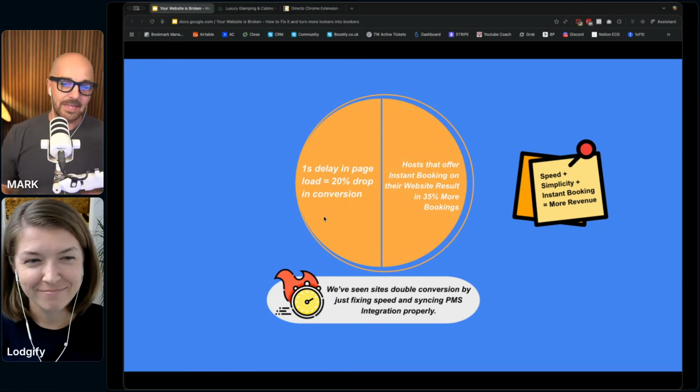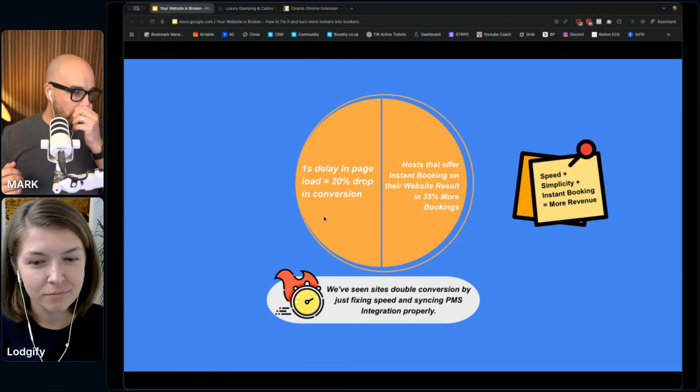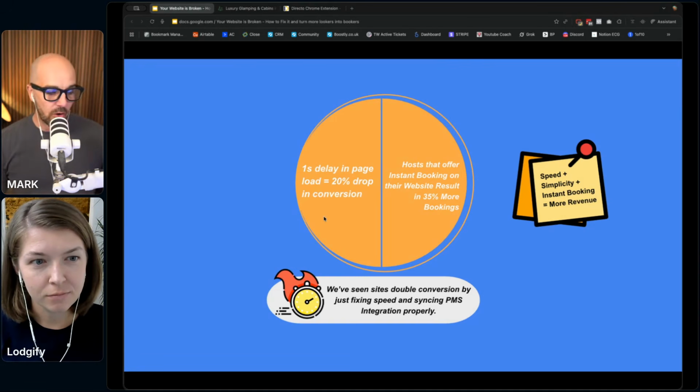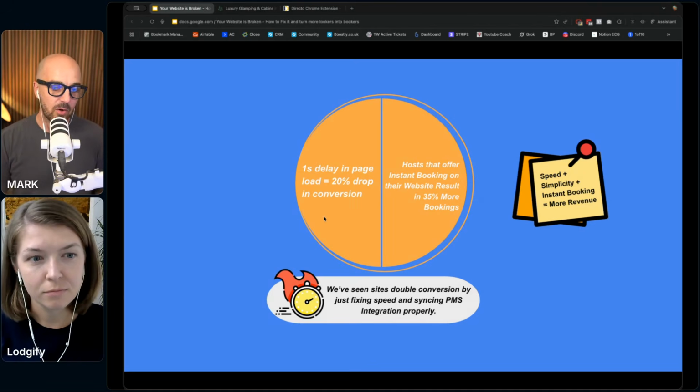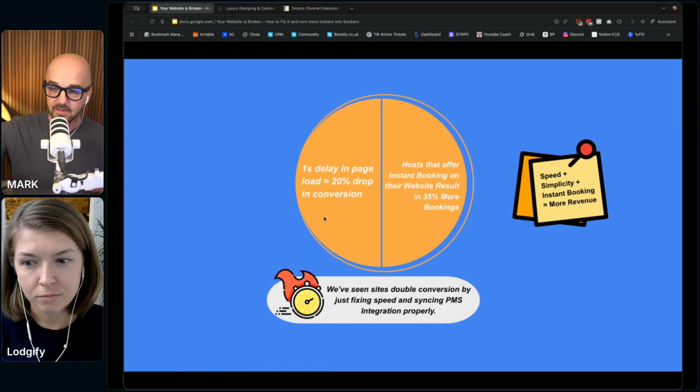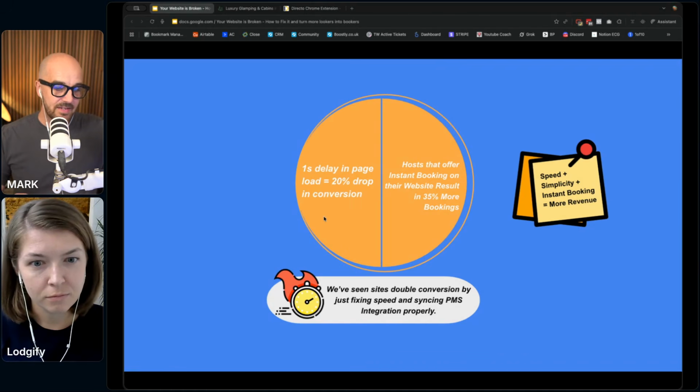But what that means for you is that if your website is taking more than 4 seconds to load, your chance of even getting a guest to stick around to check out your listing is dropping by 20% for every second. So what's really important here is speed plus simplicity plus instant booking equals more revenue.